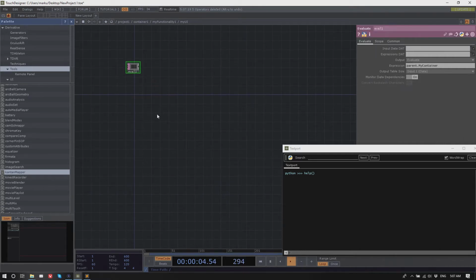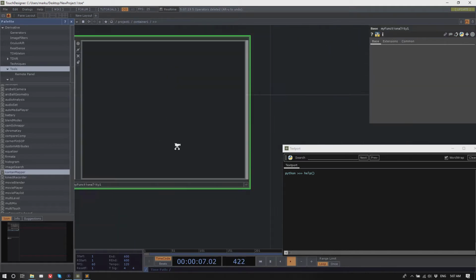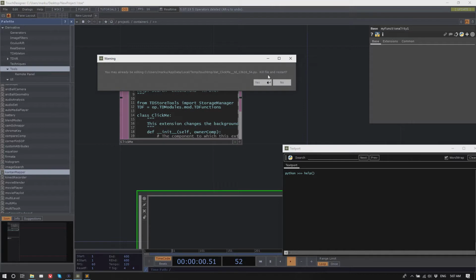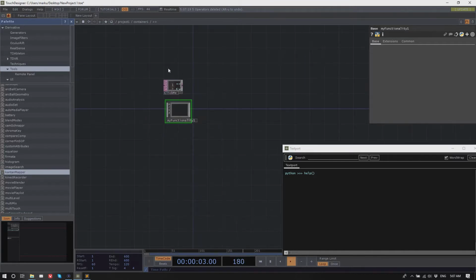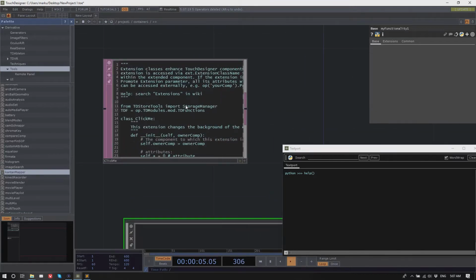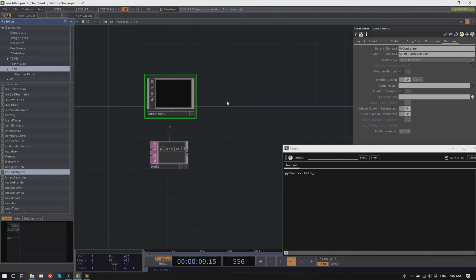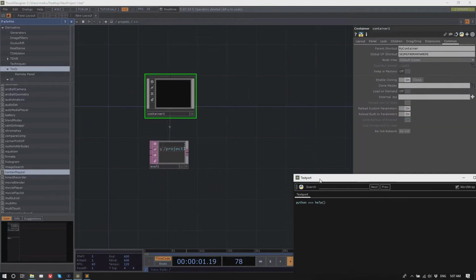Let me just remove this here. So, right. What I didn't talk about much is how to actually run a function in your extension.